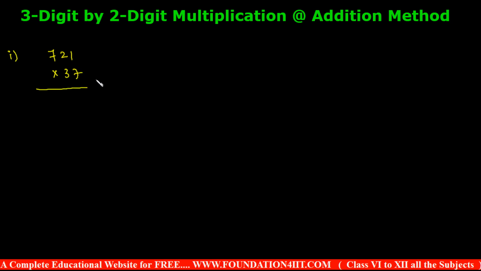If you are facing a problem with direct multiplication with 2 digits, and you want to calculate internally, just make the number into the nearest tens or nearest hundreds. Now 721 is 720 plus 1. If you imagine it that way, then 720 will be multiplied with 37, because you have already learned 2-digit by 2-digit multiplication in earlier chapters.